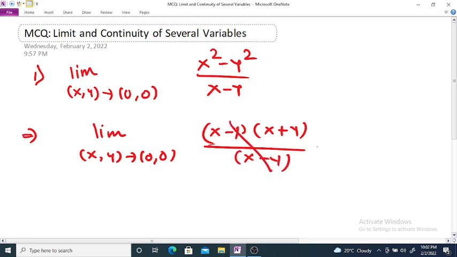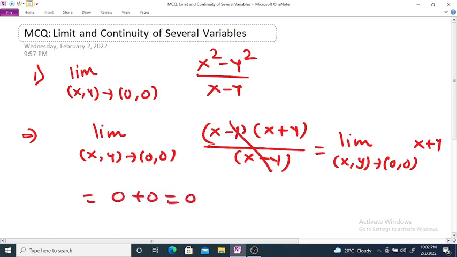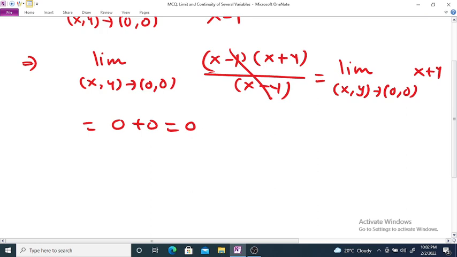This term will get cancelled here. It is equal to the limit as (x, y) tends to (0, 0) of x + y, which is equal to 0 + 0, which is 0. So the answer is 0. Second example: find the limit as (x, y) tends to